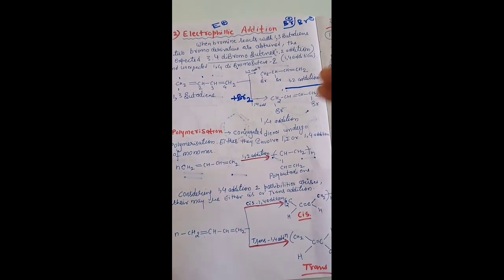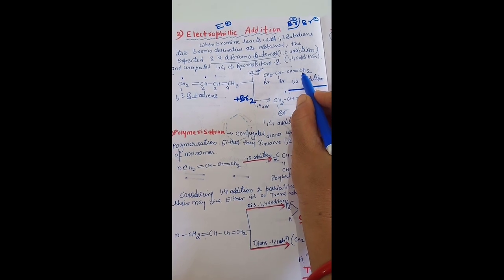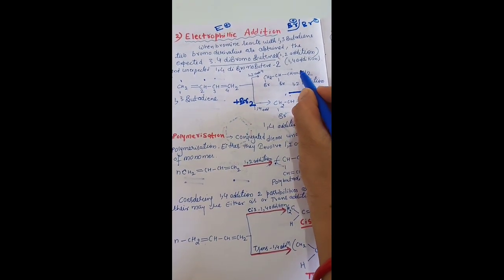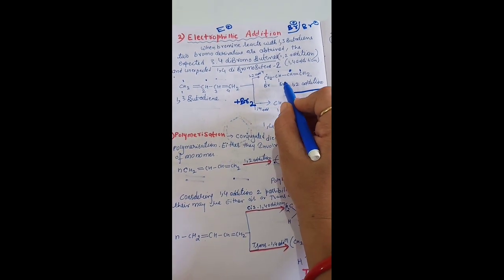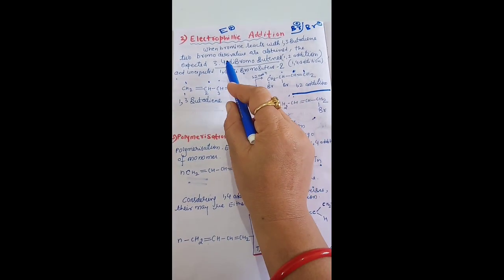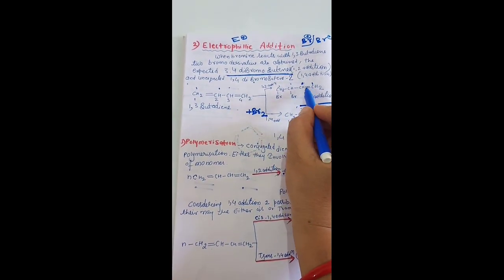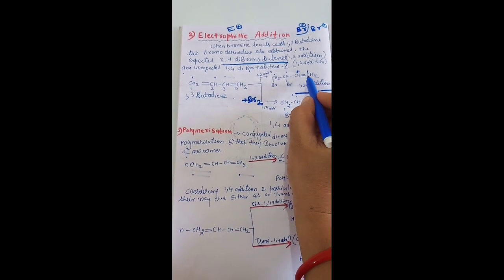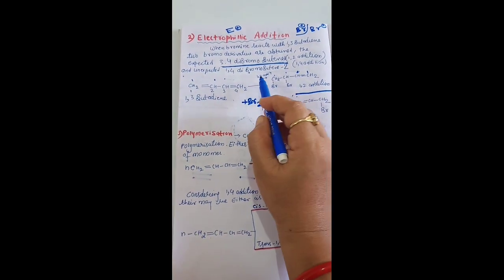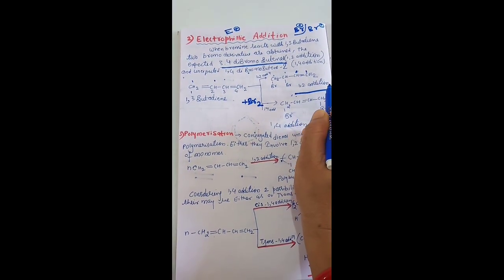3,4-dibromobutene. Just to see, we do the numbering from the end where the double bond is present. So we will number here 1, 2, 3, 4. So it is named as 3,4-dibromobutene. It is written here. It is named as 3,4-dibromobutene-1. We also have to mention the position of the double bond, as the double bond is present after the first carbon. So it is 3,4-dibromobutene-1. So it is a product of the 1,2 addition.